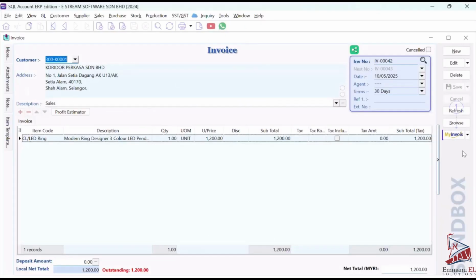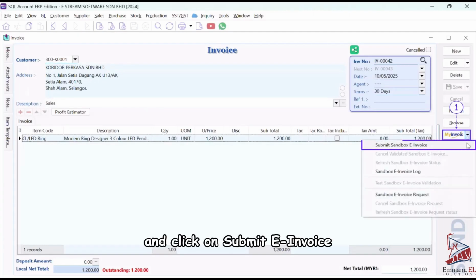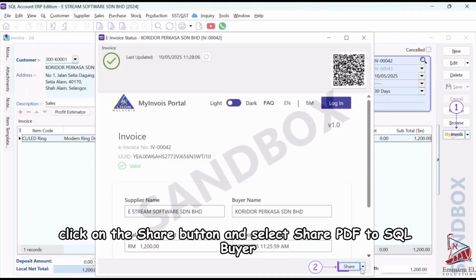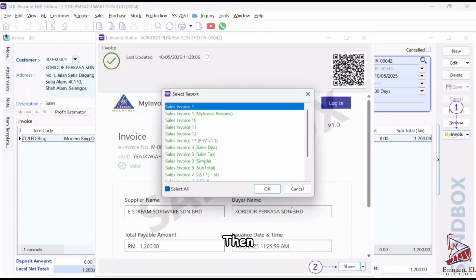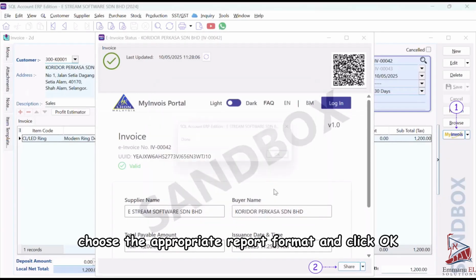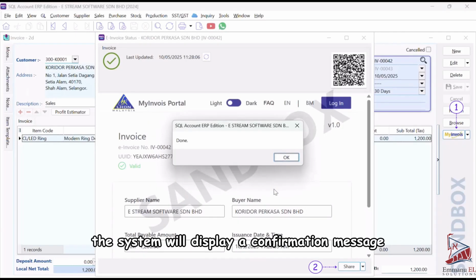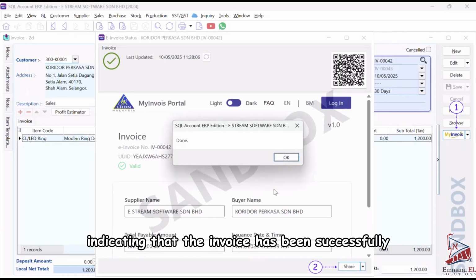Let's begin. First, select My Invoice and click on Submit e-invoice. Next, after the e-invoice is validated, click on the Share button and select Share PDF to SQL Buyer. Then, choose the appropriate report format and click OK. Once the sharing is complete, the system will display a confirmation message indicating that the invoice has been successfully shared